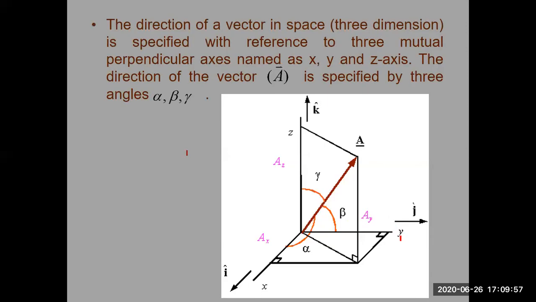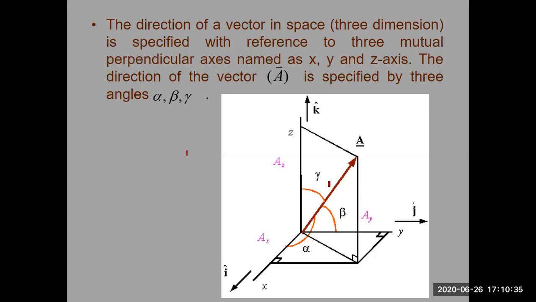So here it is. If you have the y-axis, this one is x, this one is y, this one is the z-axis. These are three vectors which are mutually perpendicular to each other. Suppose you are standing at the center of your room, and with the help of a nail, you have a string in your hand. In the corner of a room, there are three axes connected with the walls and the floor, two at the right and left, and one in the corner moving up. So this is basically the concept of three axes.